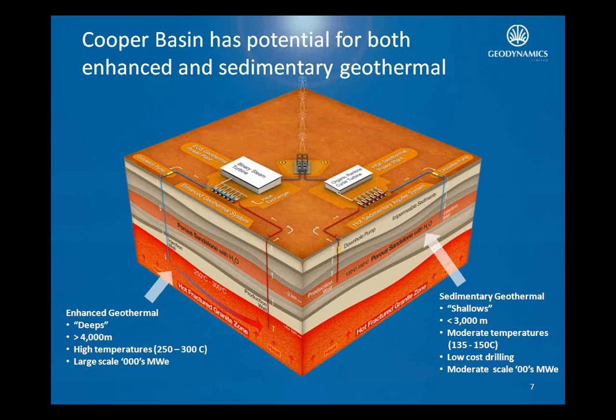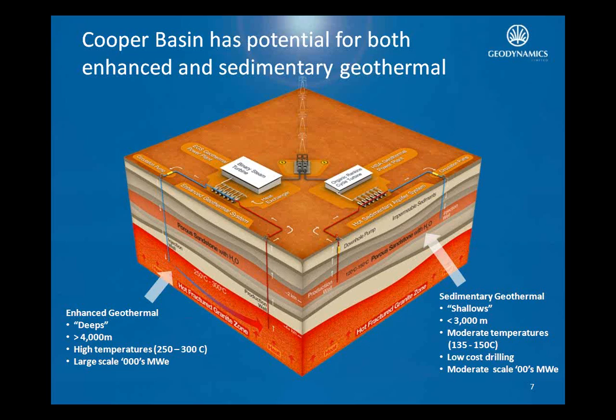These granites down below 4 kilometers have been producing heat for many millions of years, and that heat is effectively stored and kept within the granite with this 4 kilometer blanket of sediment and rock above it. So we're targeting these granites because they've been there for a long time, and they've been blanketed and kept hot. Now, that granite's at about 250 to 300 degrees C, and in the Cooper Basin is very extensive, and therefore has a large capacity to produce significant volumes of electricity generation.